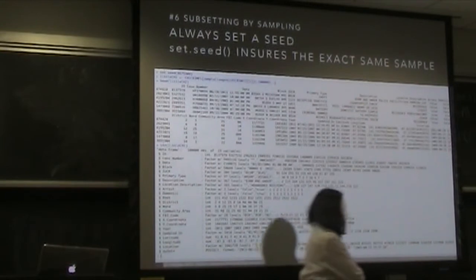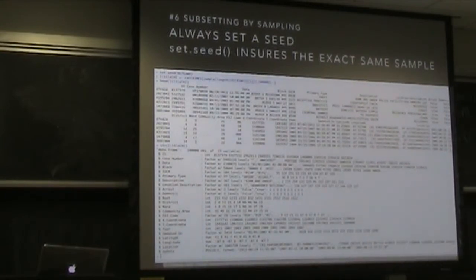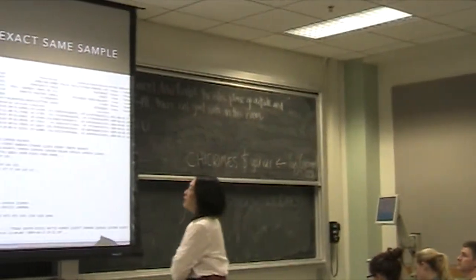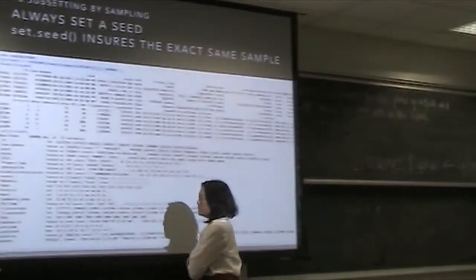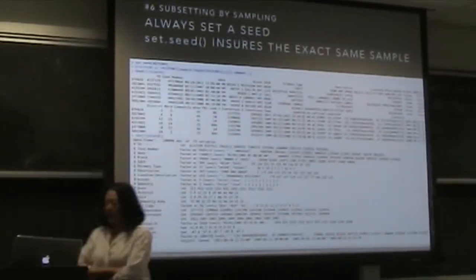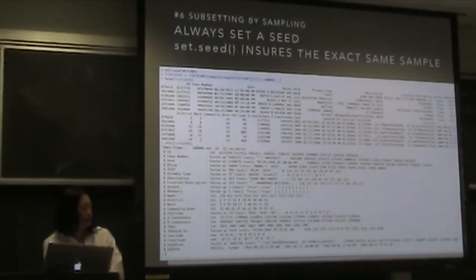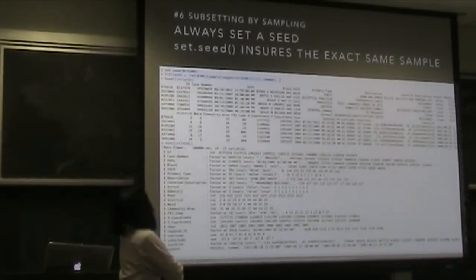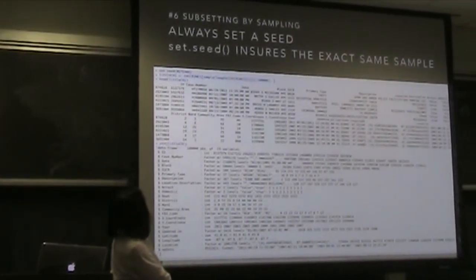After all, you are statisticians, or want to be statisticians. And you might think, well, because it is obviously ordered from oldest to newest crimes from bottom to top, we should randomly sample throughout this huge database, all right, which is reasonable. Okay, so you should set a seed. It will always ensure the exact same sample in case you have to redo it for some reason, or in case you want to share it with your colleagues. They'll have the exact copy.